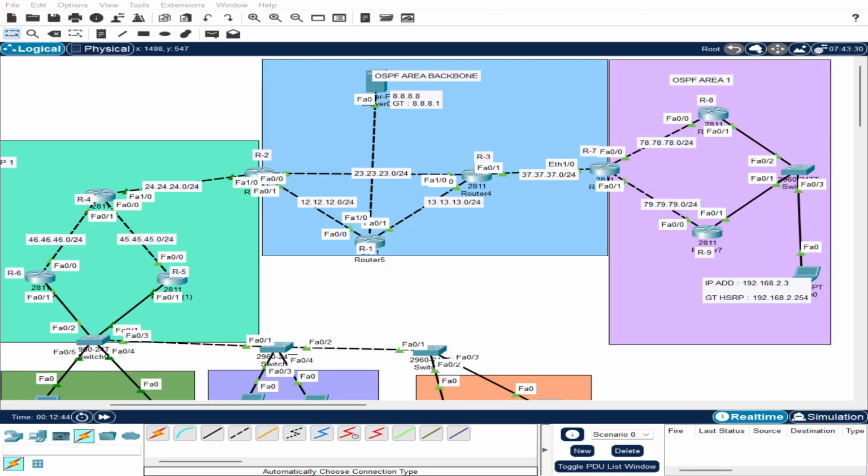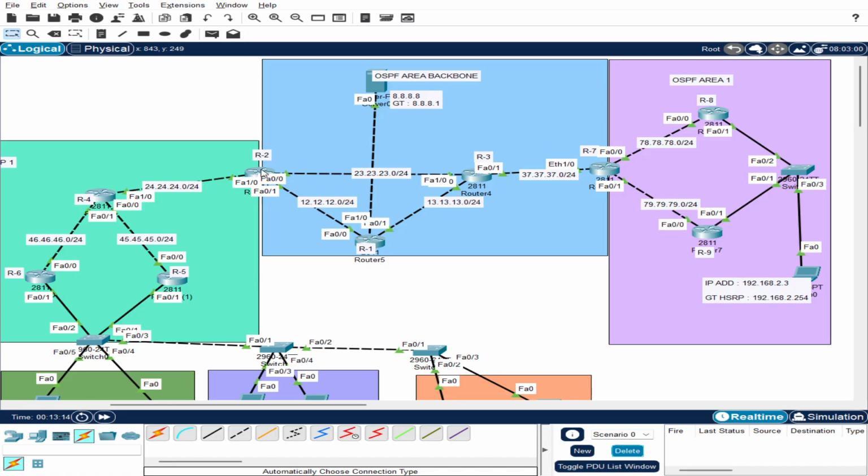And you can see there are two areas of OSPF, and they don't need redistribute. Where do I put the redistribute, you ask?